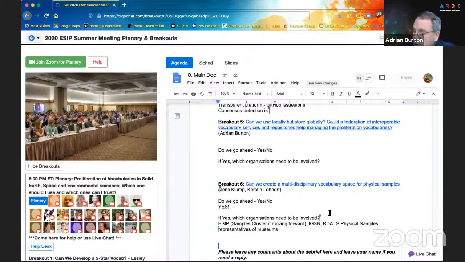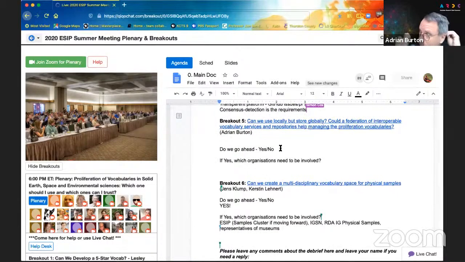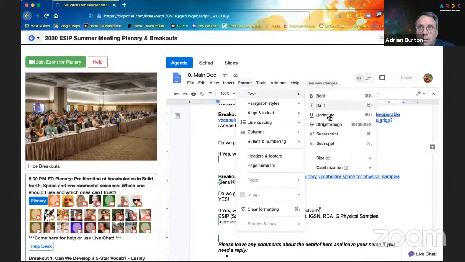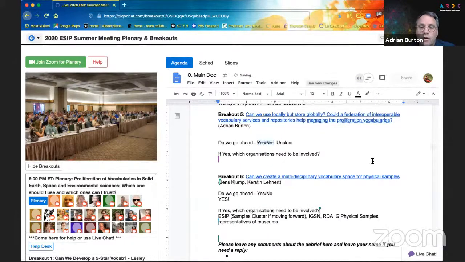It's not clear, Leslie, whether this would go ahead. I think we identified some very compelling reasons and potential pathways ahead. Ours was a more specialist group. We had a much smaller, exclusive bunch of people there, but I'm not 100% sure that we identified enough vocabulary services that might be able to push this ahead. I think we did some very good work on looking at the social and financial and economic reasons why proliferation happens. And I think we identified a very important path forward between